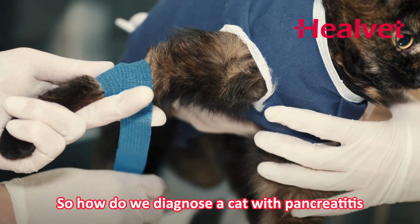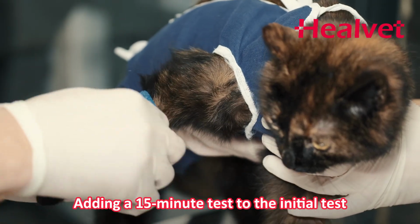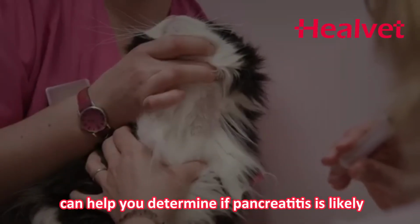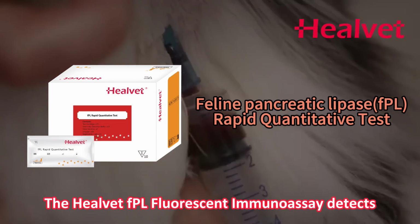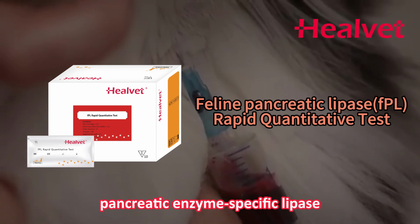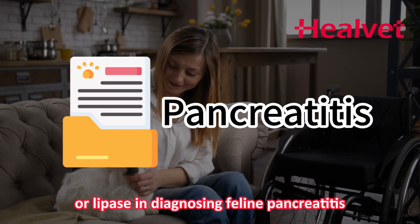So, how do we diagnose a cat with pancreatitis? Adding a 15-minute test to the initial test can help you determine if pancreatitis is likely and allow you to provide answers to pet owners during the patient visit. The Heska fPL fluorescent immunoassay detects pancreatic enzyme-specific lipase, and it is more accurate than amylase or lipase in diagnosing